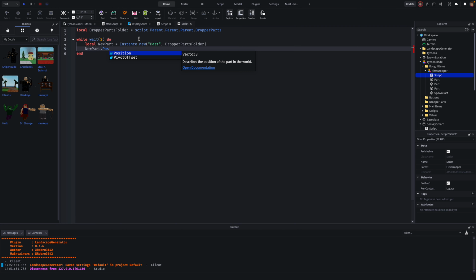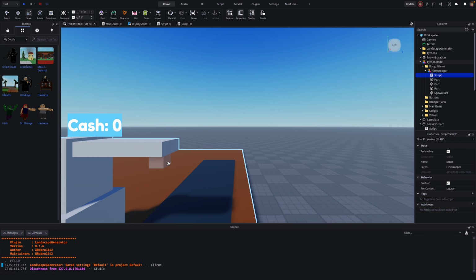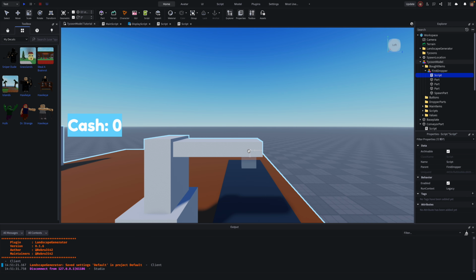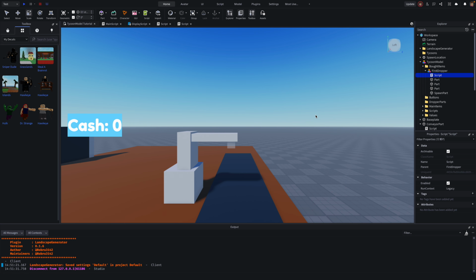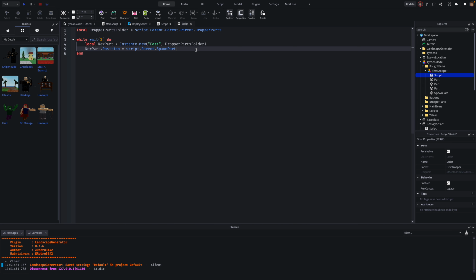and then go down and do new part.Position equals script.Parent.Parent.Spawn, spawn part, because that's what we named this part, like the part right there. So the new part will come out and then go along the conveyor. So yeah, and then spawn part.Position